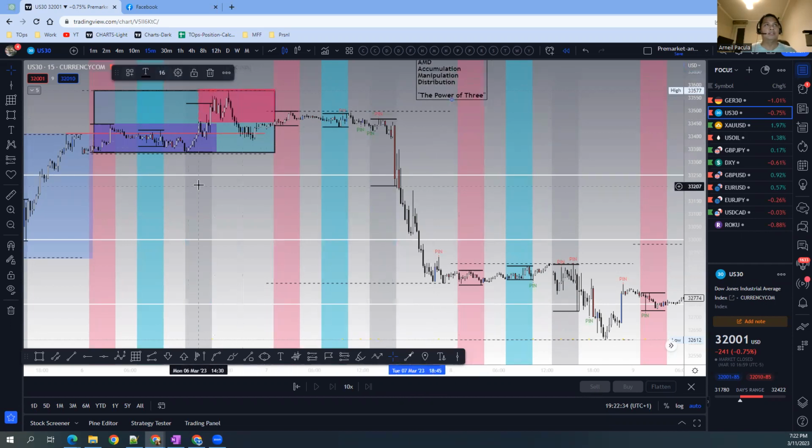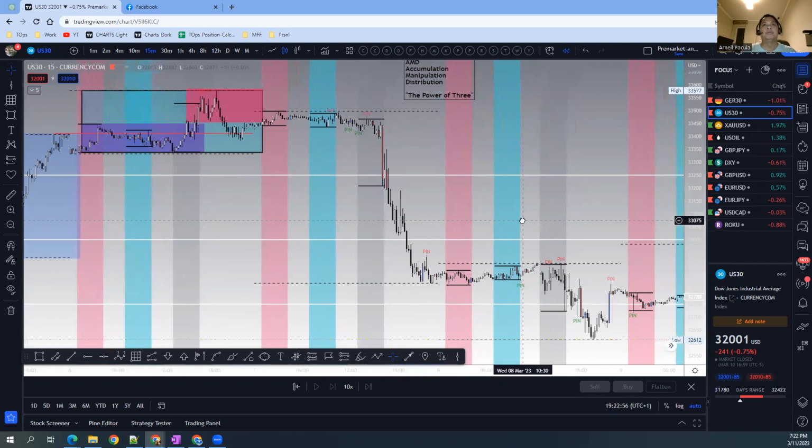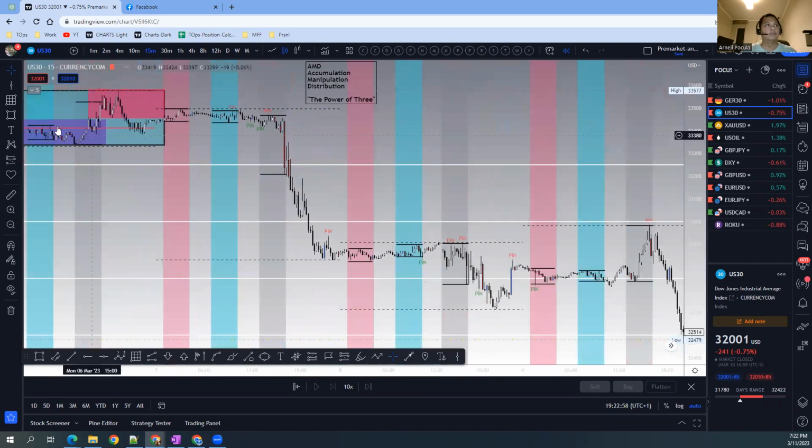And this accumulation, manipulation, distribution can happen at any kind of time frame. You just need to recognize where it is. And in an intraday, as you can see, we have here accumulation at the Asian session, manipulation, and then distribution. Okay, so this was a good trading day actually, Tuesday,